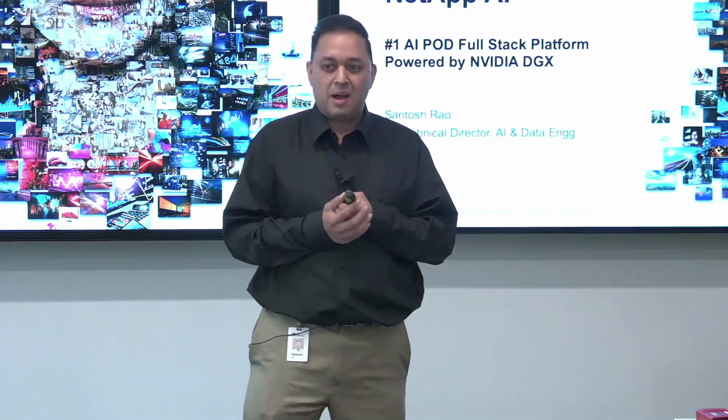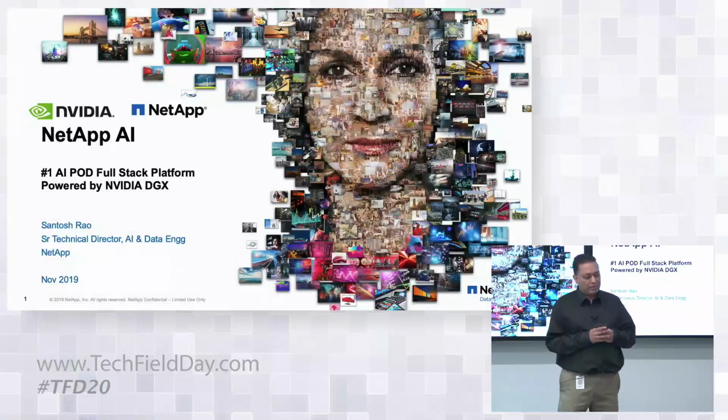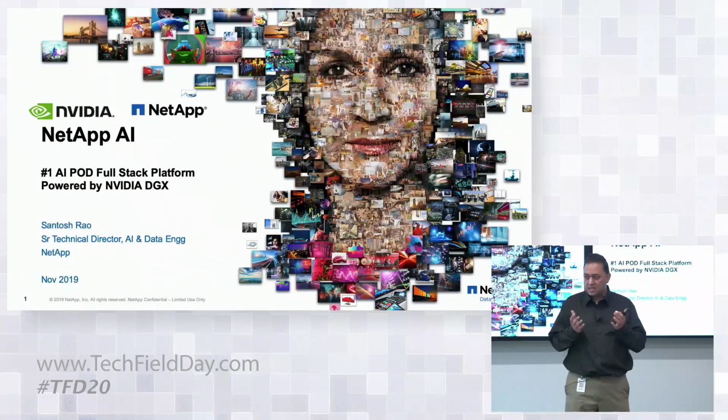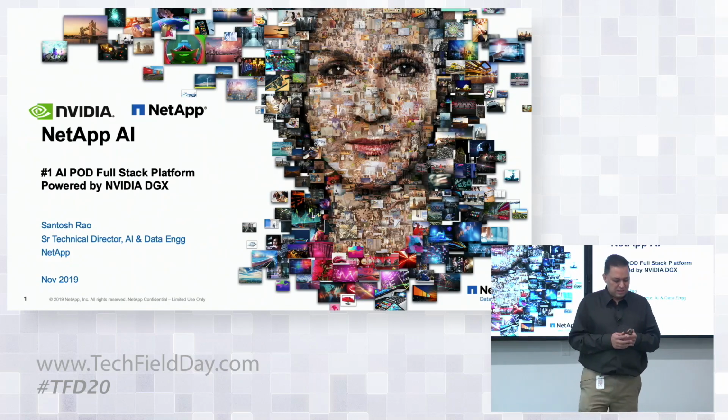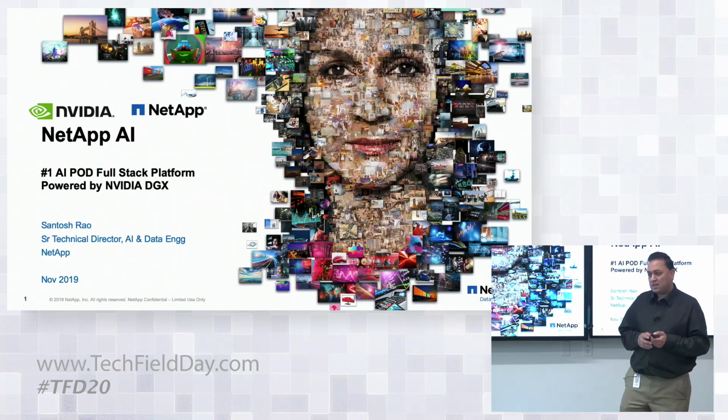I lead a team here at NetApp that is focused on our AI offering, and we are a team of data science engineers, data infrastructure engineers, vertically focused solution engineers. And we've come a long way since I last stood here in front of you. A year and a half ago, we were talking about the evolution of Hadoop and the evolution from Hadoop to AI. At that time, it was a strange conversation, I guess. But today, we've got AI much more in the headlines and Hadoop much less so. There's a lot more shift in the vendors when you look at Cloudera, Hortonworks, MapR, and so on. And so we'll talk about where we've been, what we've done in the year and a half since we last saw you.